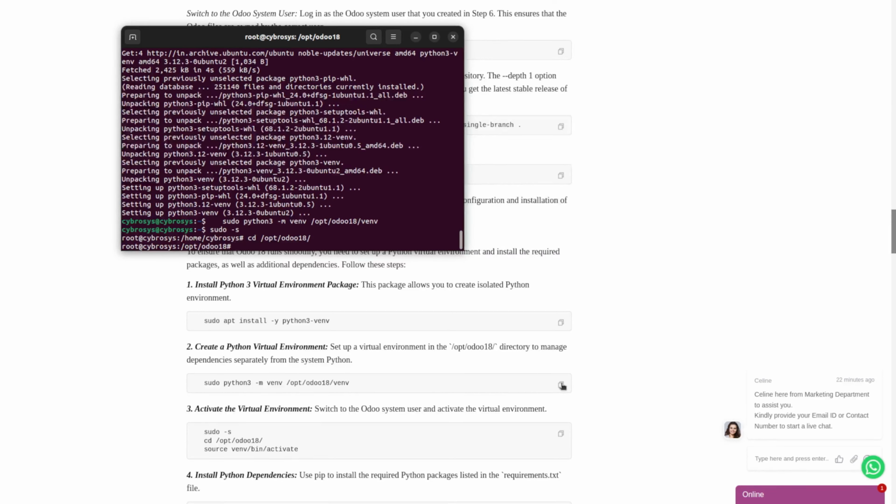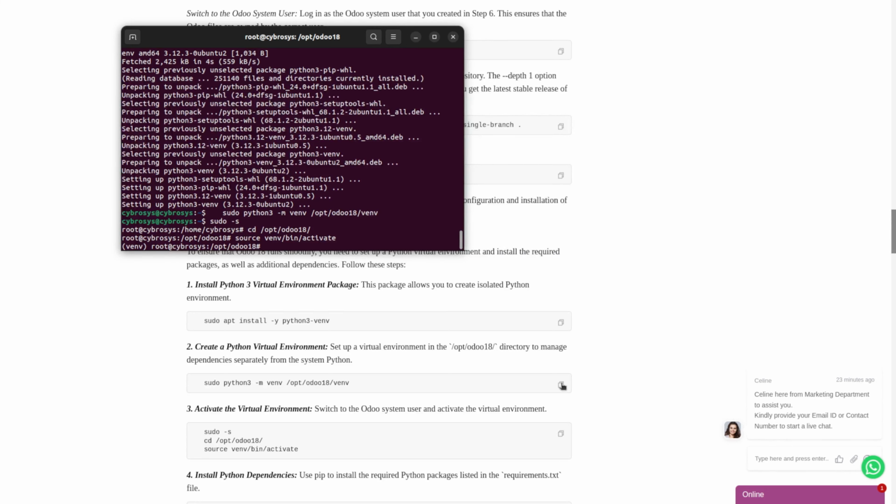Now we just need to set the command as source venv/bin/activate. This will activate the virtual environment, and again click on enter. So currently you can see that the virtual environment is activated